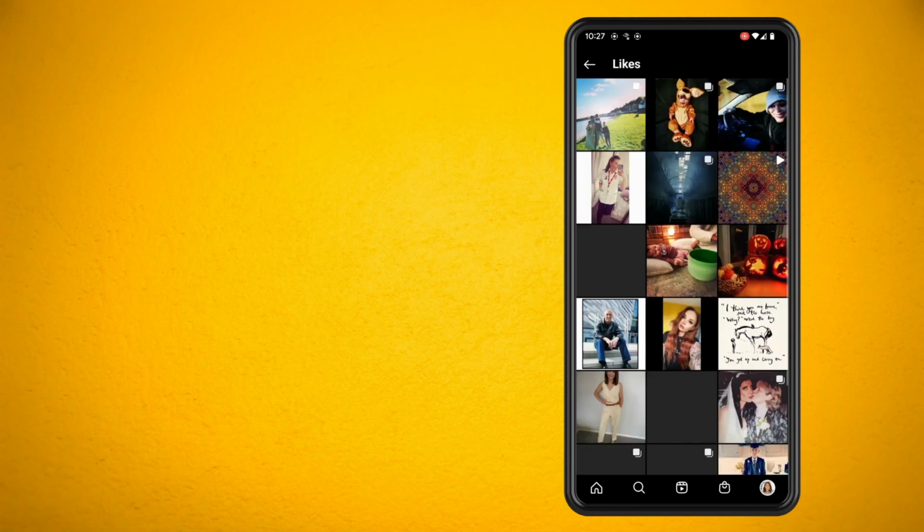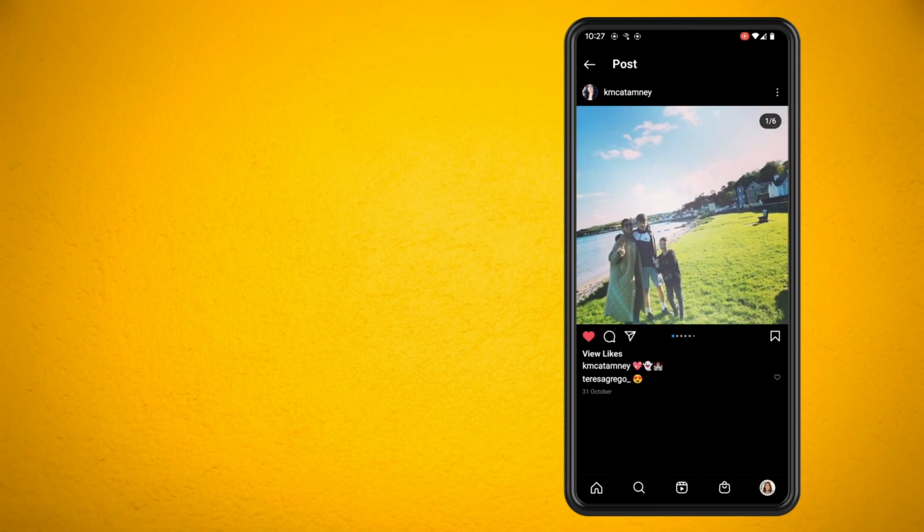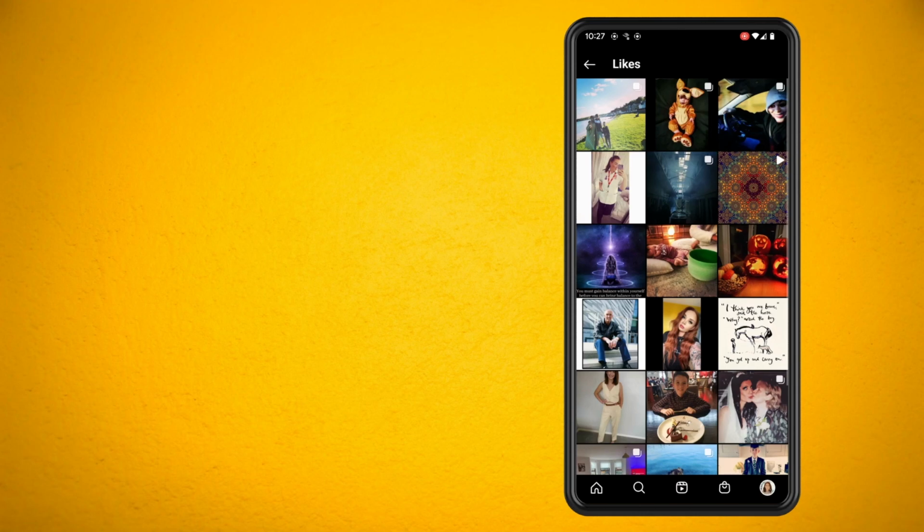Go ahead and have a look, and if there's something on there that you didn't mean to like, you obviously can go in by tapping on the picture and then unchecking the heart option, and that's basically how easy it is to check your likes